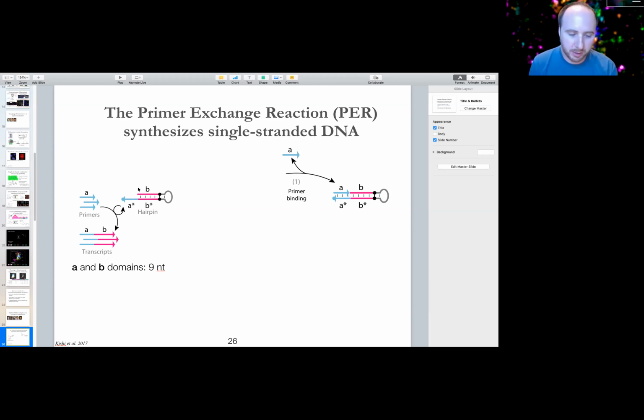And I'm just going to explain quickly the schema we use to describe some of these sequence domains in this kind of format. So if we have a sequence A, then A star would refer to the reverse complement of that sequence, such that they would base pair together if they were to meet under favorable conditions. So following along that, we have a B star stem loop here in our hairpin where these sequences are base pairing together. And the goal of PER is to have this special hairpin, and I'll explain a little bit more how it works in a sec, be able to sense that it's seeing this A molecule and affect a change, which in this case is to append the B sequence onto A.